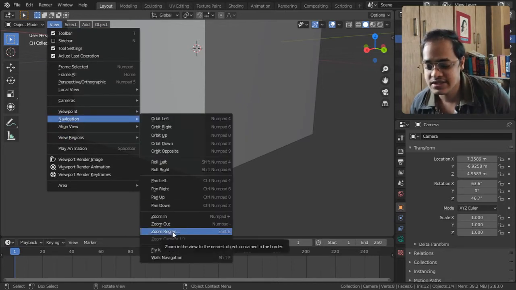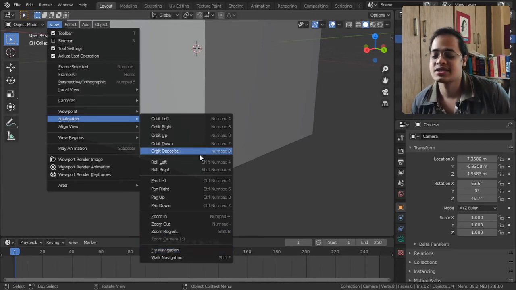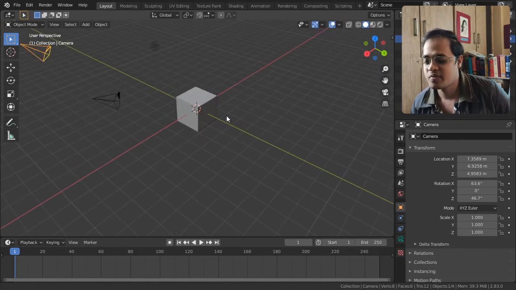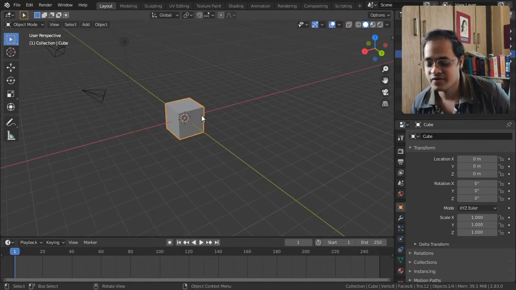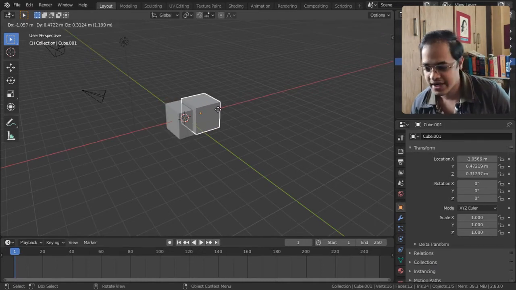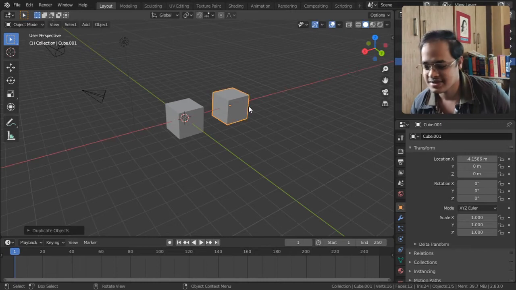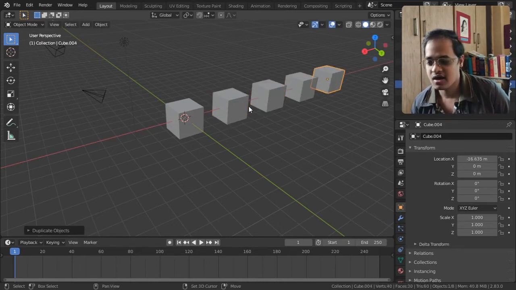Navigation, zoom region, fly navigation. This is the most wonderful thing. Let us duplicate some copies so we can see what it actually does. Shift D to duplicate, and X to fix it on the X axis, and shift R to repeat it a couple of times.